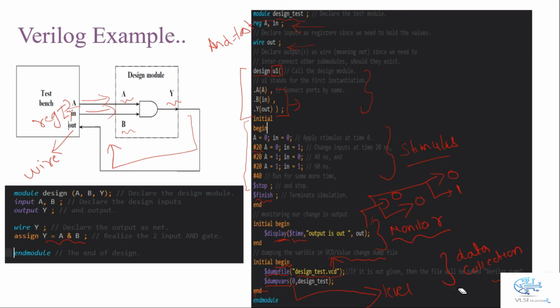If we write 1, it means only the variables in our design test module are dumped, and all the other modules that are instantiated inside our design test are not dumped in our dump file. If we want to dump all those variables, then we have to specify 0. If we want only the 2-level hierarchy, we write 2 here, which means all the modules that are instantiated inside our design test have their variables dumped into the dump file. This is about the general syntax of using the test bench in our Verilog module.